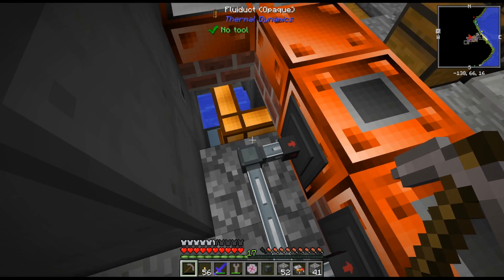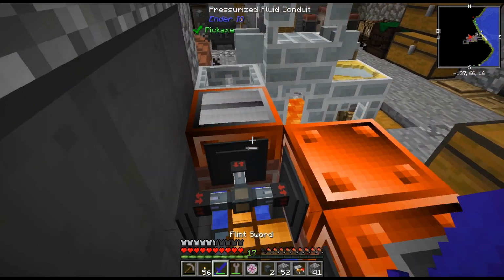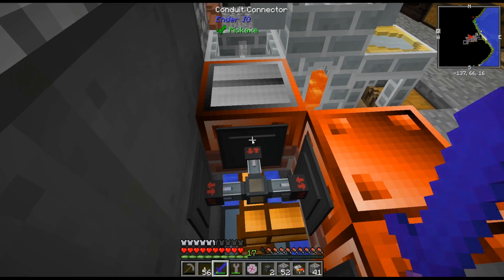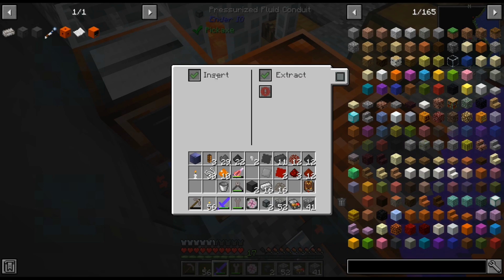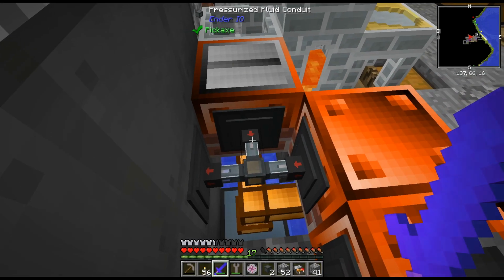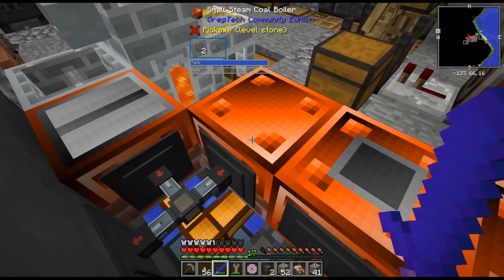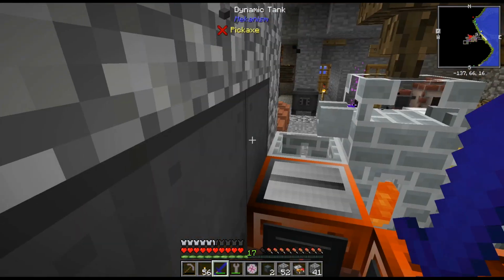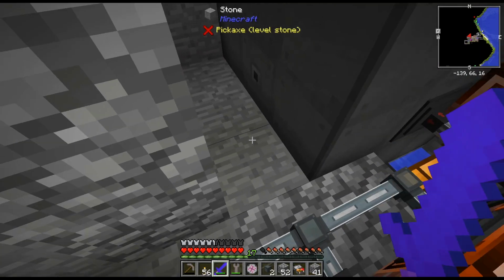Now, I don't think this will connect. No, perfect. Because I can't disconnect that yet. But we'll do extract, extract, insert. So that should be producing. This should be producing steam, right? Yep, there we go. It's going up. And then...